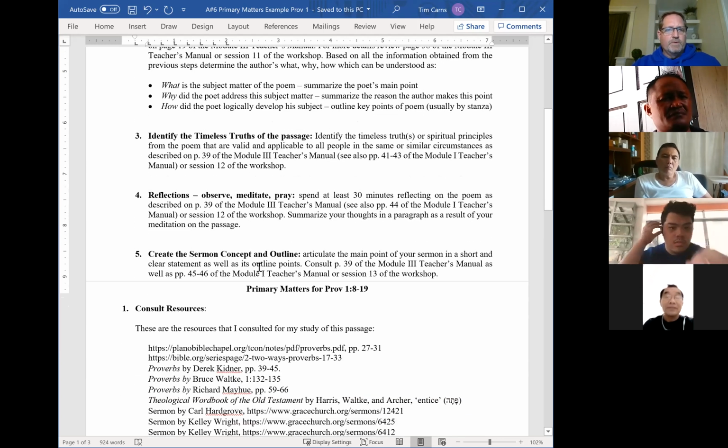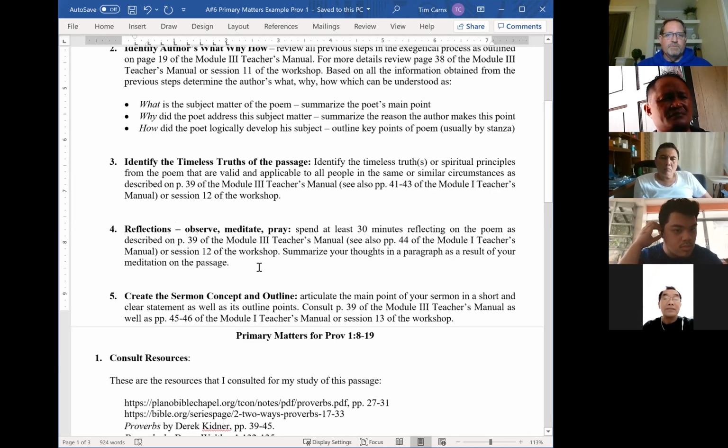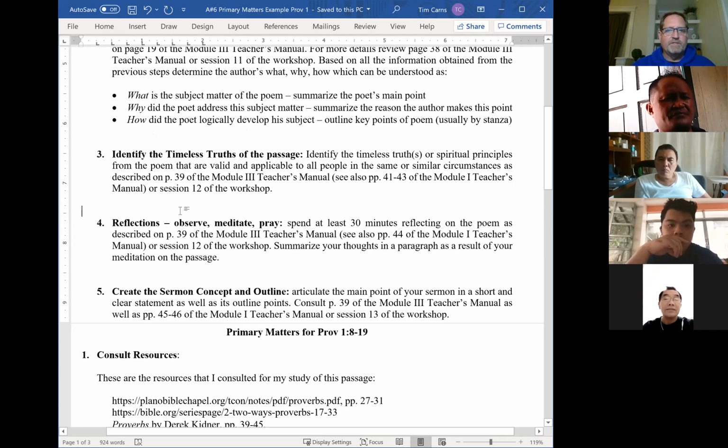After that, and this is an important step that I want to make sure you remember to do, is what I call reflection. We'll spend some time on it now. This is more of a personal step. You look at the passage, you understand now what the author is saying and what the principal timeless truths are. At this point, step back and think about how that passage applies to you. As you think about the various truths within that passage, ask the Lord what He brings to your mind. It's a meditation, really. It's pondering the text,